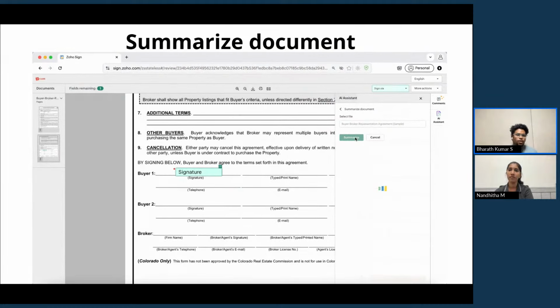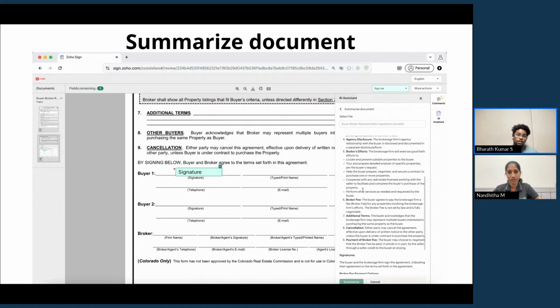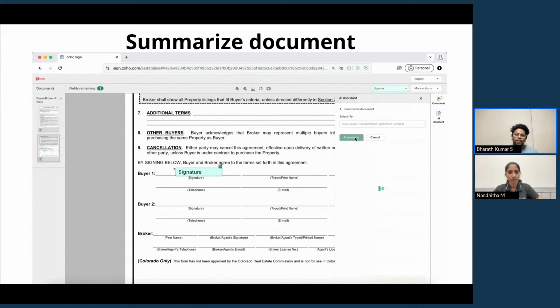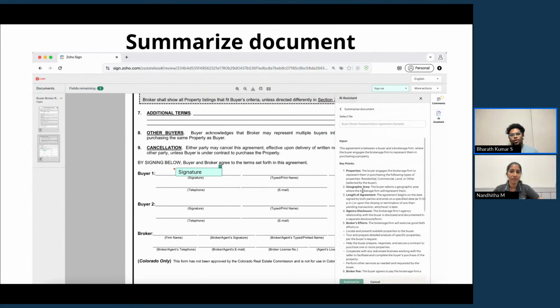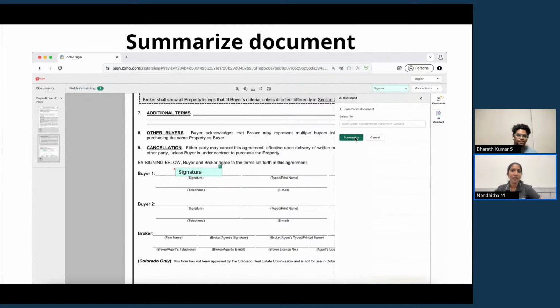So with our AI, we'll be reading the content and we'll be providing the gist of the document, which is a brief summary. With that, the signer would know what they are really signing, and it will reduce the disputes, right? So you'll actually know what you are signing into. So with the AI, we are enhancing the document signing workflow. So summary is one of the coolest features which we do have, and it really improves the signing speed and the actual time needed to get the document signed. So summary is the feature which I would say is the best one. Yeah. Right. So summarizing, like you said, is the most important feature. I thought the same too.